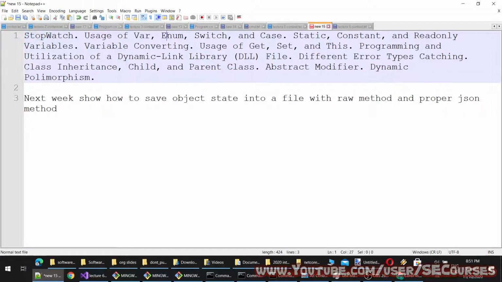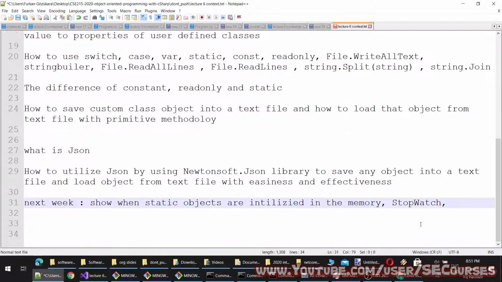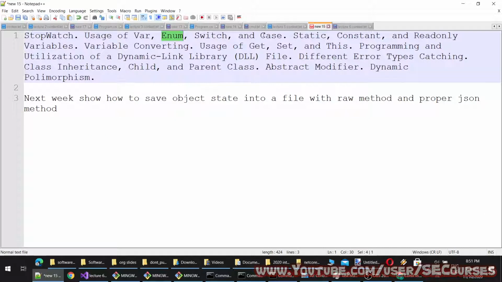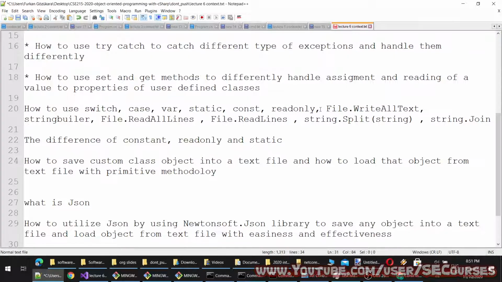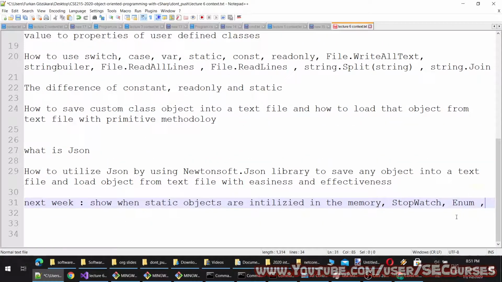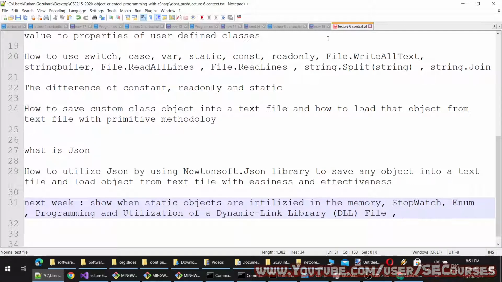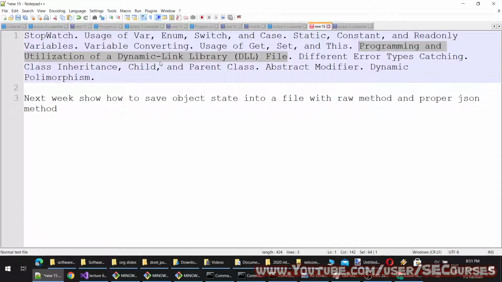Switching enum, and oh, this we didn't see yet. Some more examples related to this.